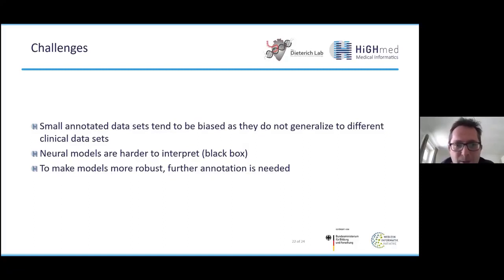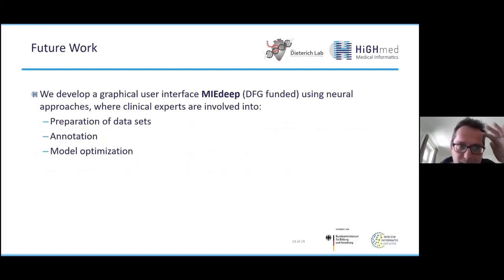And this is the reason why we are currently creating a framework, an interface, in our Dieterich lab. It's called MeDeep, Medical Information Extraction using deep learning. It's DFG funded. Our goal is to involve clinical experts more in this process, because already in the data preparation part we need this clinical expert information, otherwise the model can just learn what it is given.